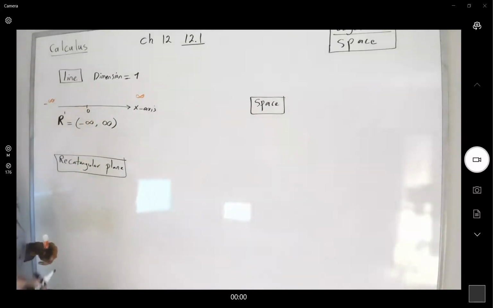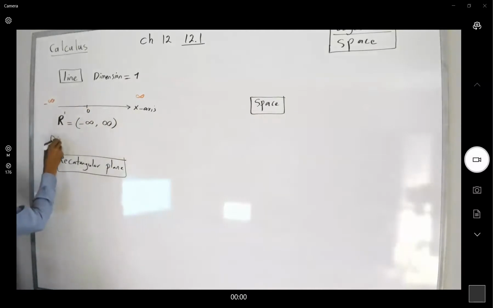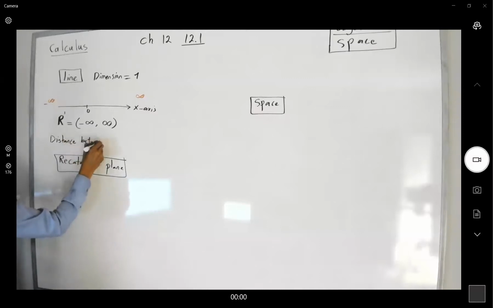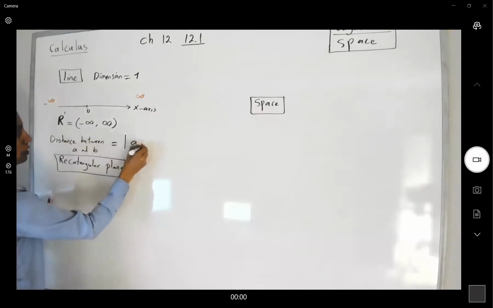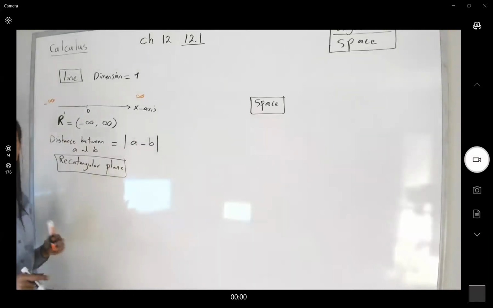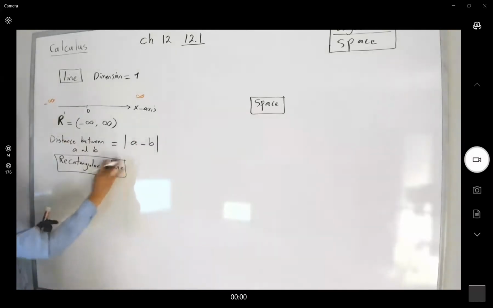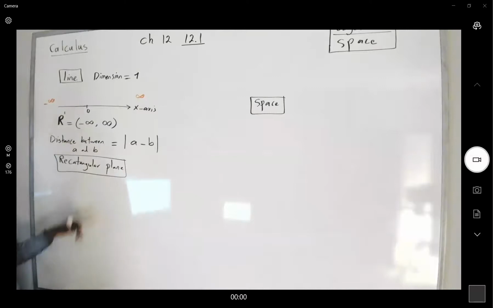The dimension is 1, and it includes all numbers on the real line. Remember that we define distance between two numbers as absolute value. So distance between A and B is denoted by absolute value of A minus B. Then we said that it's not very interesting for us. Let us construct something new,